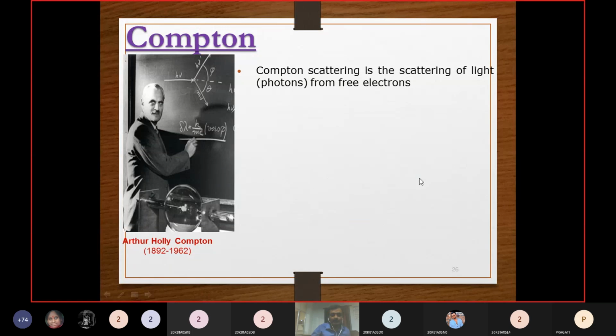For the Compton effect also, by using the wave nature of light we cannot explain it. That means according to the classical theory, we can't explain the Compton effect. So based on quantum mechanics, we are explaining the Compton effect. For explaining the quantum effect, we have to